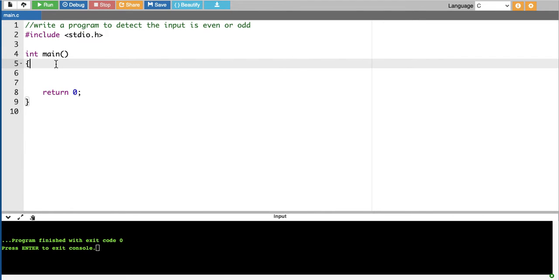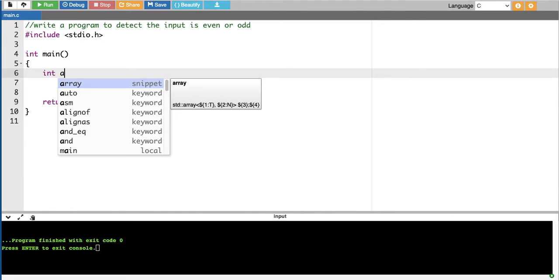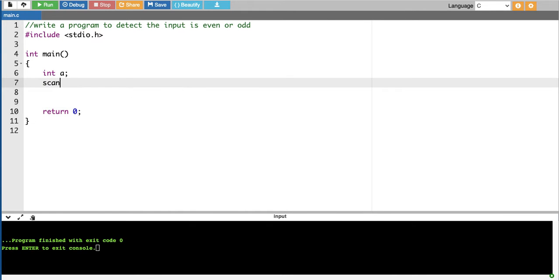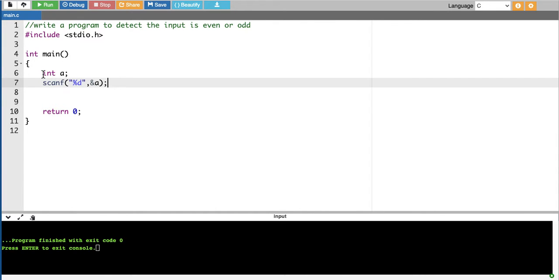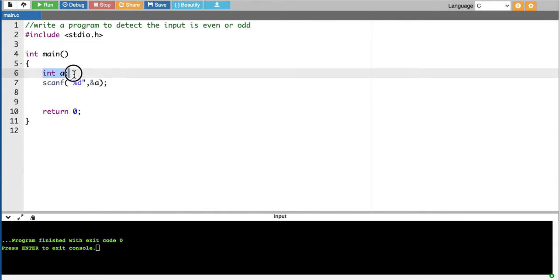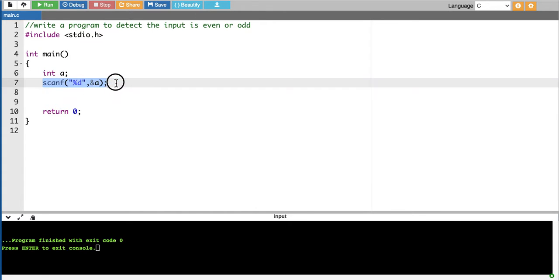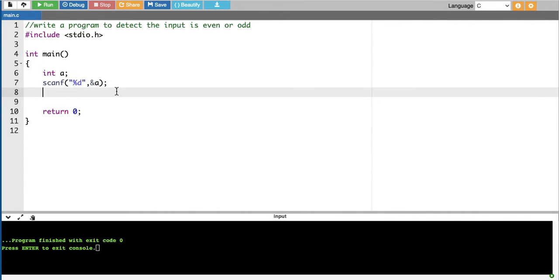the user, so that's why I'm here writing one integer a. Okay, and scanning it using the scanf function. So scanf %d because it's an integer, and I'm giving here the address of a. So what happens, I have declared integer a, and this integer a consists of, after scanning from the user, whatever number the user enters. Suppose the user enters 10, then a consists of 10 due to this line. What it does, it scans the number from the user.